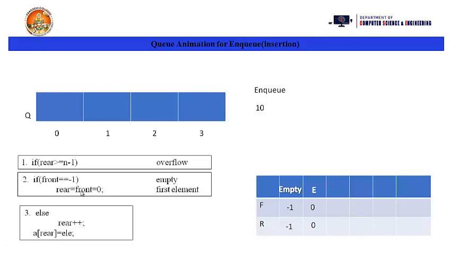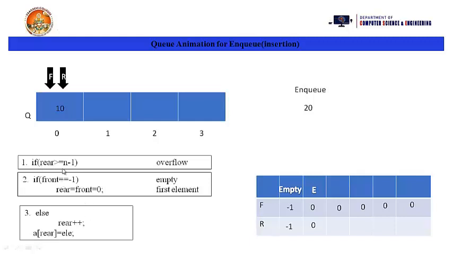So this is the condition when you are entering the first element into the queue. Then we need to enqueue the 10 into the queue. Before that, set the front and rear positions to 0. Then you can insert the element into the queue. Now I want to enqueue one more element, 20. Now again check the condition.